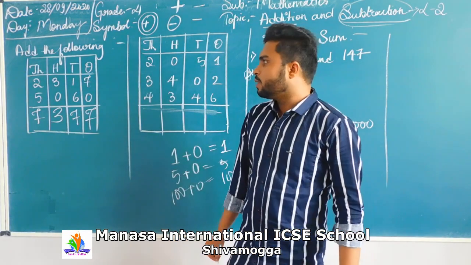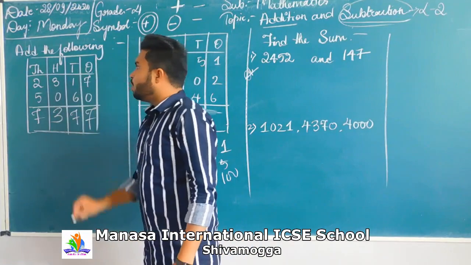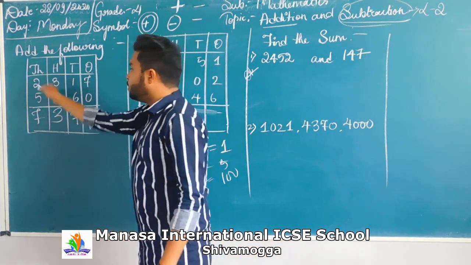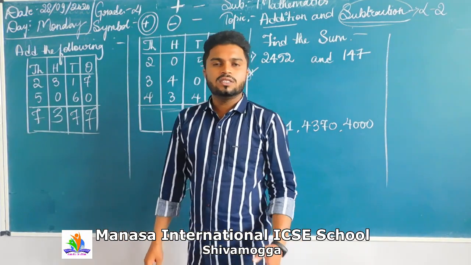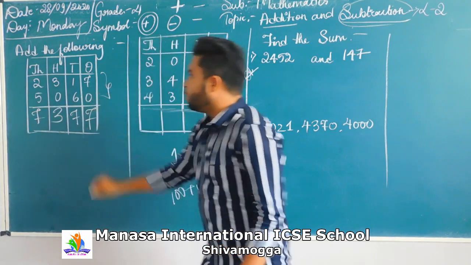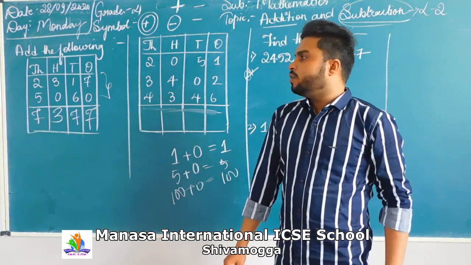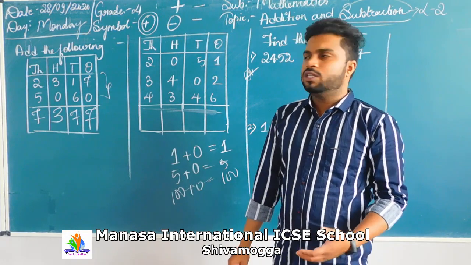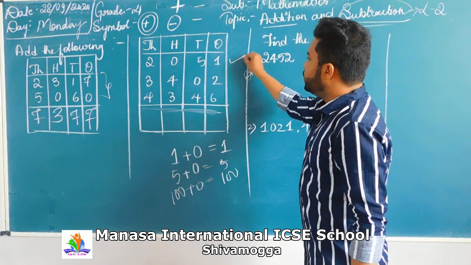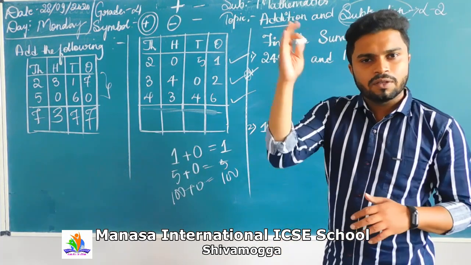Then see, in the ones place you got 7, in the tens place you got 7, in the 100 place you got 3, in the 1000 place you got what? 7. This is with respect to addition of 2 digit numbers. If they have given 2 columns and 2 columns, we can take it as a 2 digit number. Now see, when compared to the 3 digit number 1, 2, 3, you are going to start from the right hand side.